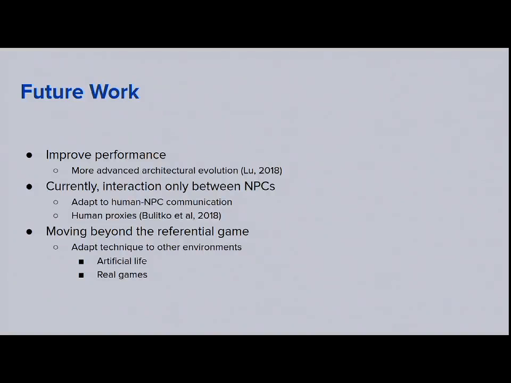Right now, interactions are only between NPCs. But we think it would be really interesting if eventually a human could actually engage with an NPC. One problem with that is that to develop these languages from scratch, our agents had to pass millions and millions of messages back and forth, which isn't a particularly stimulating activity for a human being. And so what we think we could actually do is use human proxies. So train neural networks to emulate the way in which a human being would interact with these agents, and train the agents to communicate with the proxy and see if that communication actually works